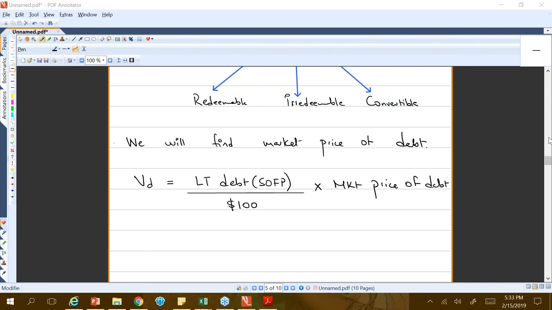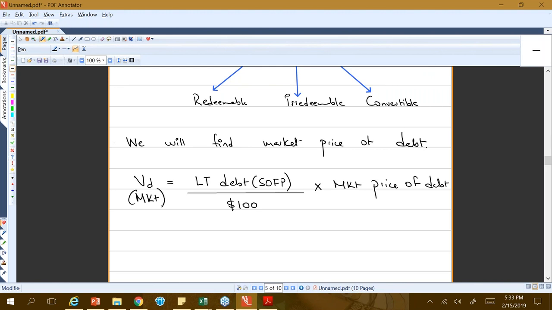Now remember in session 2, yes, thank you for your answers, all right answers there. When we were thinking of the market price of the debt, this was given to us in session 2. But today, we will be finding this market price of debt. And once we find it, then we'll use it in this calculation to find the market value of the debt. This is the market value of the debt. Is that okay? So this is what our aim here is.